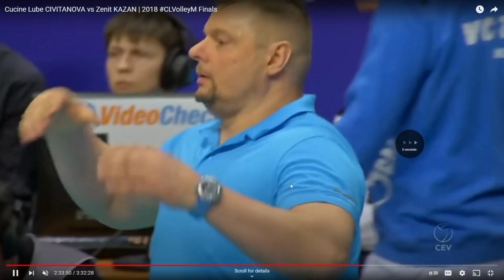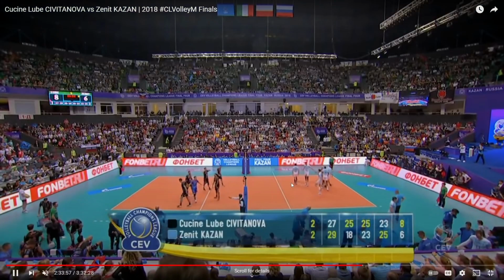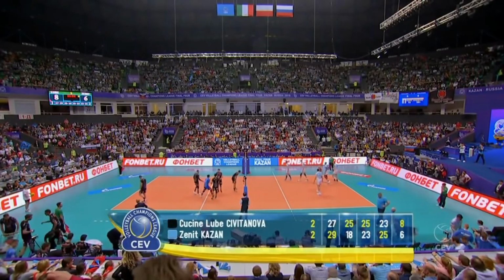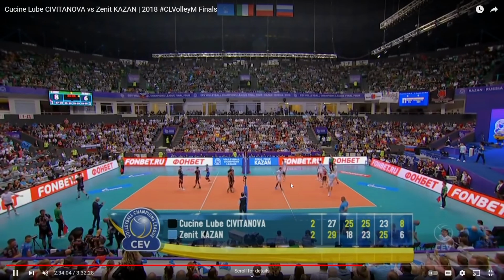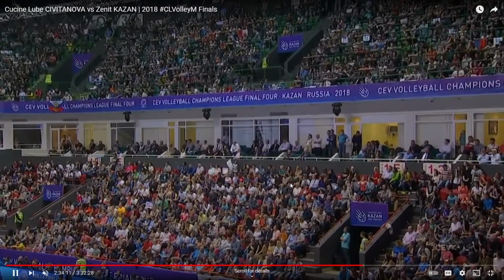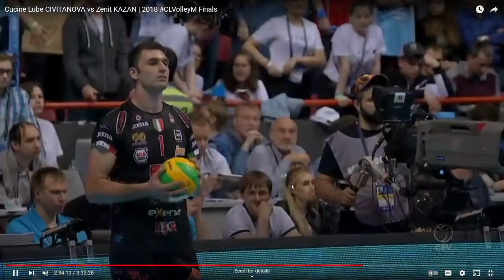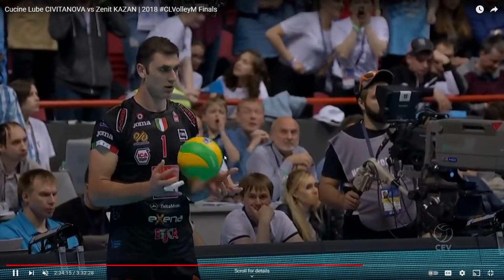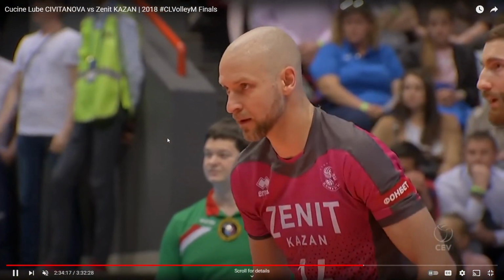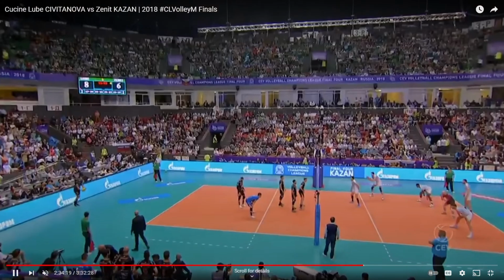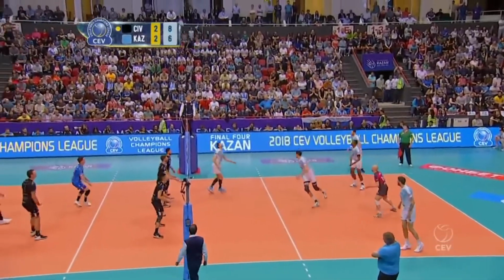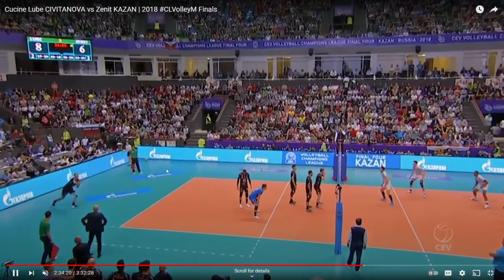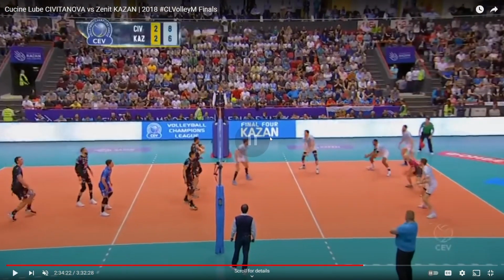So now Lube are up 8-6, and because they are at 8, once it's the 5th set, the first team who gets to 8, once they're at 8, you switch sides. And so now it is number 1, the right side of Lube up to serve. Lube are up 8-6. And he takes power off the serve. He doesn't hit it very hard. He serves it at the middle,